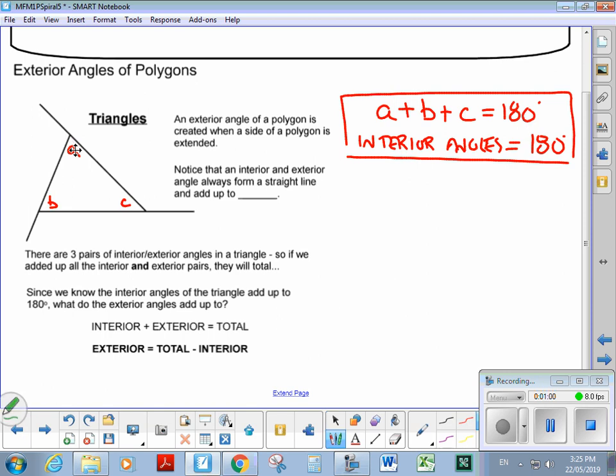Now, for example, oops, can't use B. So what are we on here? D, E, and F. We know that the angles in a straight line, maybe that one right there, or this one right here, the two angles make up 180 degrees. So off to the side, A plus D equals 180. We know that B and E equal 180. And we know that C plus F